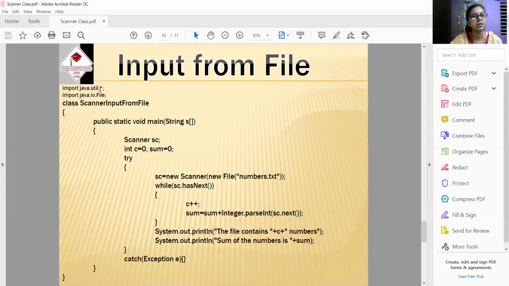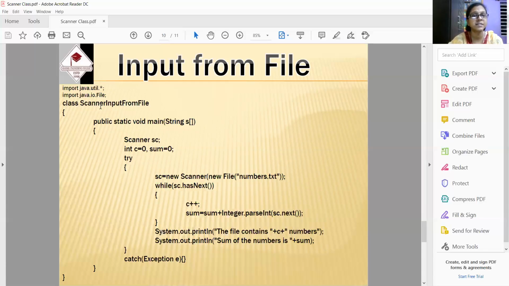And I have java.util.*, so all utility package classes can be accessed within my code. You can also use java.io.*, then not only File but all classes can be included in this source file. I will take input from an already existing file.